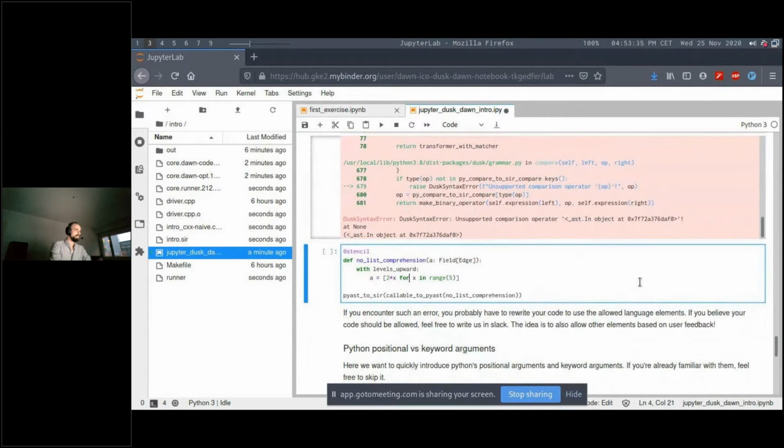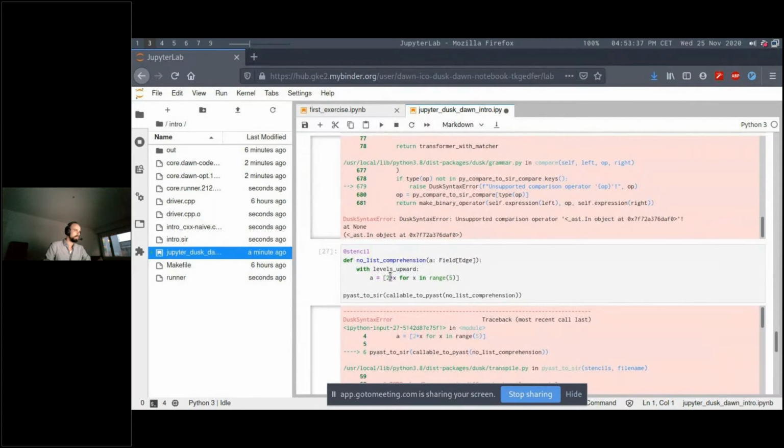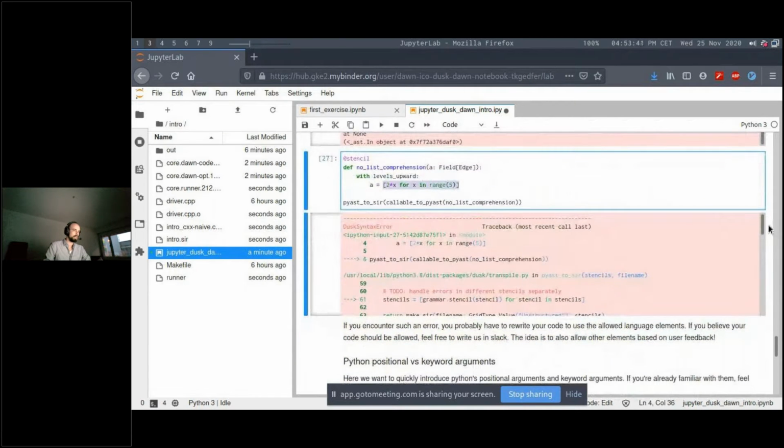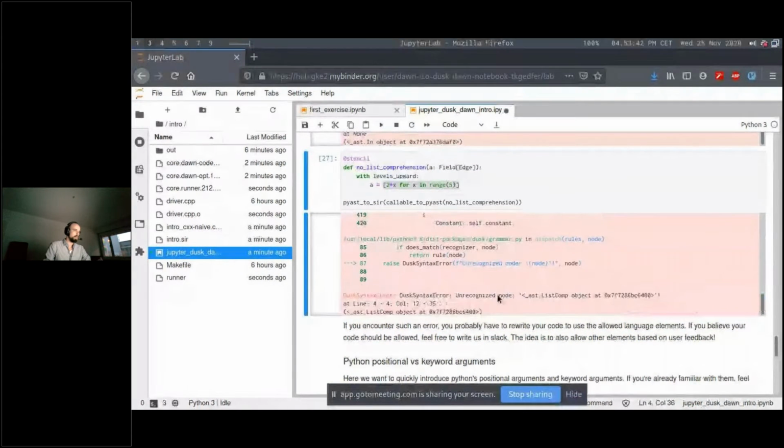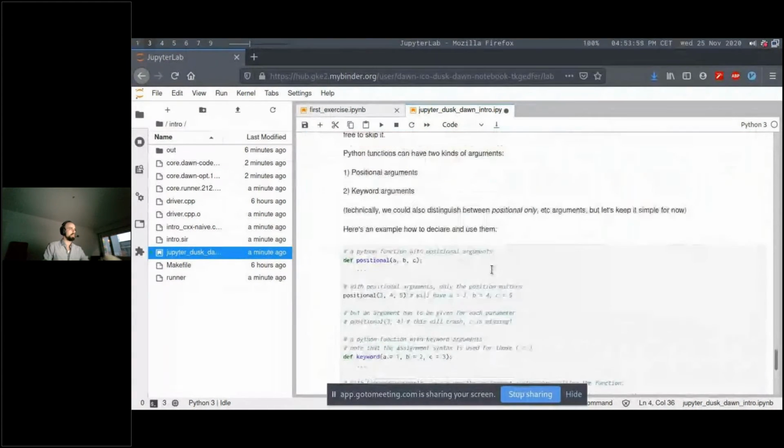And then here's another example with list comprehension. This is a list comprehension, and this is not allowed by Dask, and what you will get is an unrecognized node kind of exception. An unrecognized node usually means that you either did something that wasn't supported, or you did something that was supported, but you expressed the code in a wrong way. And then here there's a small section about positional and keyword